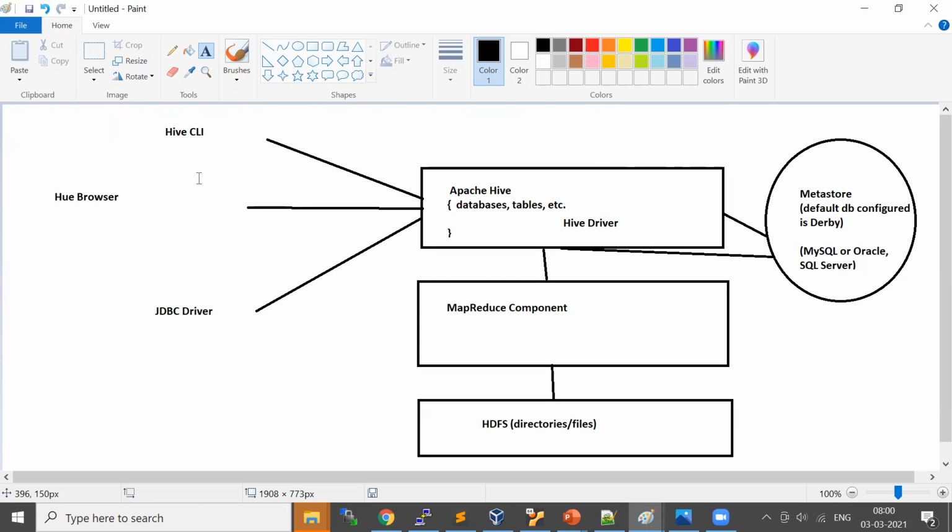For simple activities, you will be using the CLI, or you can use any web browser to run your queries. Once your queries are ready for testing or production, you schedule them using automation components like Oozie or Airflow. So, do you have any queries on this?